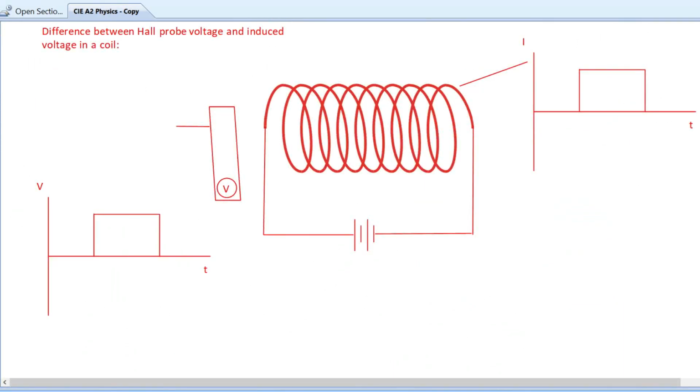The last thing we're going to talk about is a common question in past papers, which is the difference between the voltage induced in a Hall probe and the voltage induced in a coil when you place it near another coil which is carrying a current, either constant or varying. So for this example, I'm using a coil with a direct current which I can control. For example, I can place a switch here and I can switch on the current, then I can switch it off. So this is how the current varies in the coil, and this here is a Hall probe,